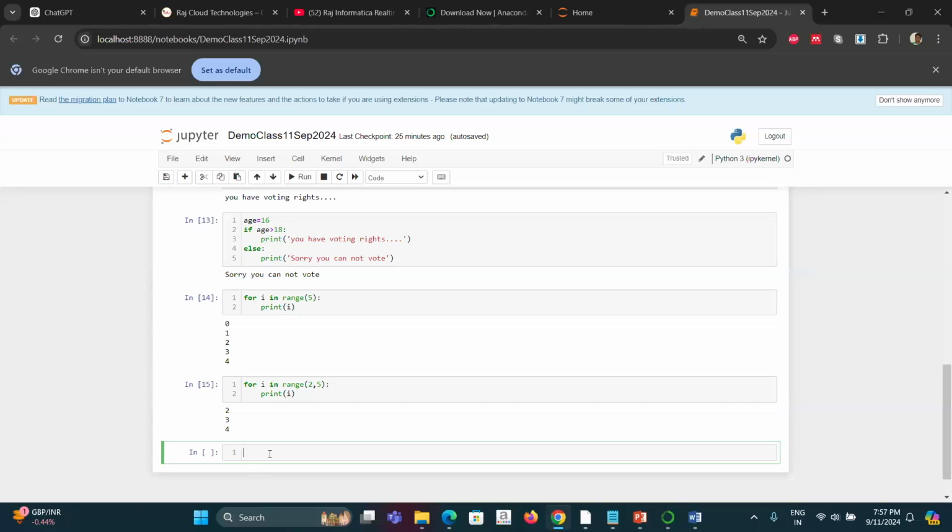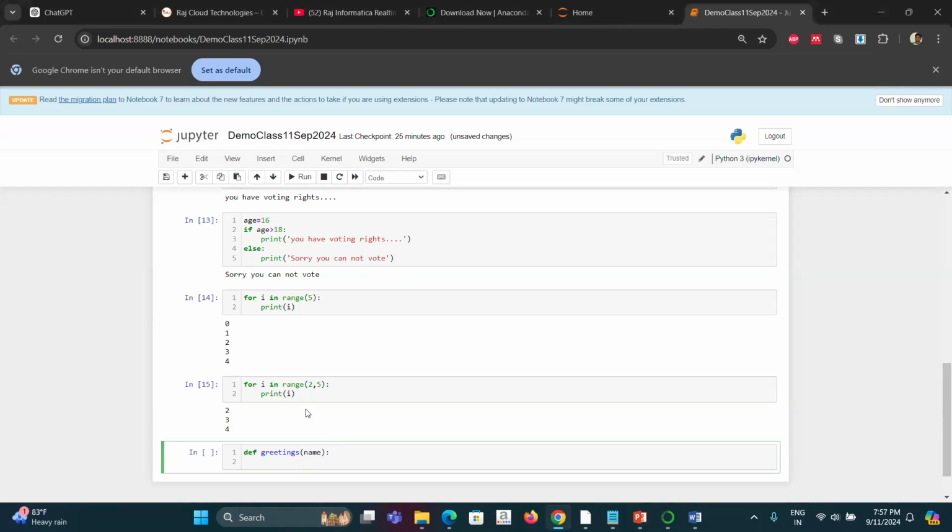So how are we going to define a function in Python? We are just going to say def, let's say greetings. I would take a variable called name. This is the variable. What is this function supposed to do? Of course, don't worry.